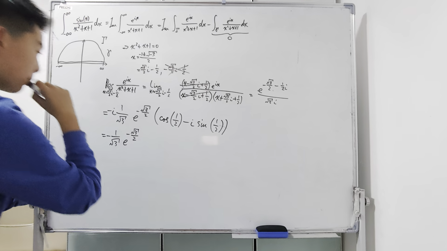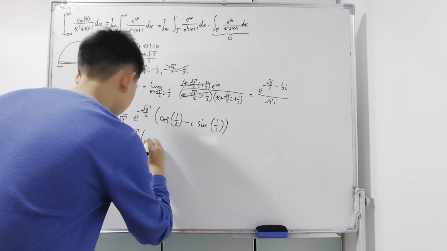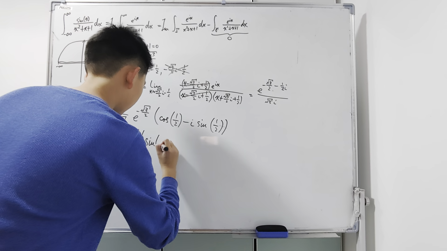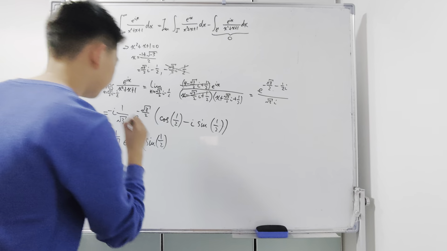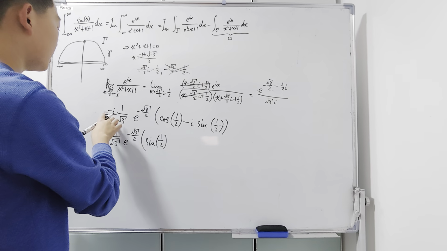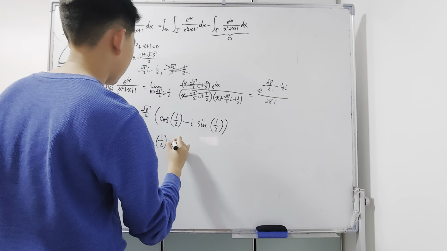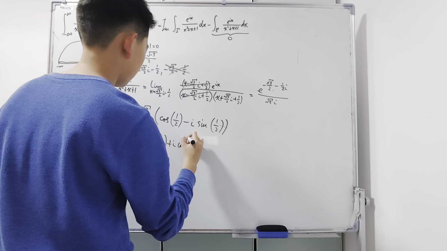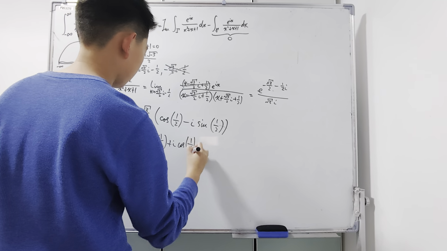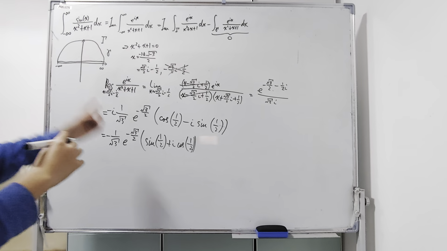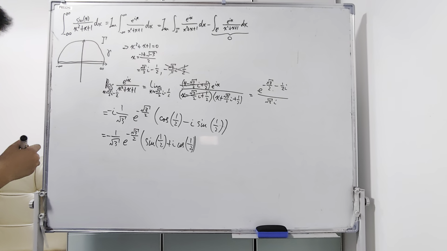And then, okay, so now we have i times negative i is going to be equal to 1. So we just have sine of 1/2. And then i times this thing is just going to be plus i times the cosine. Right, so here we have the residue,